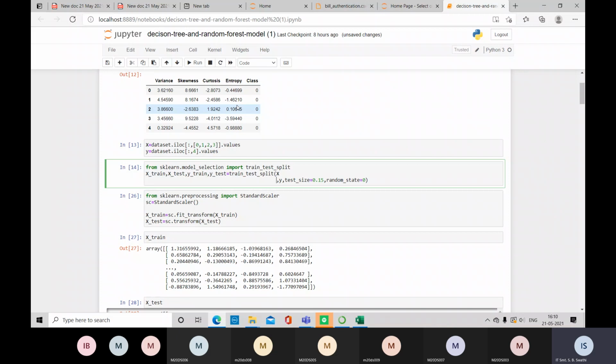Yes, it will try to bring all the features of X to a common pattern. Continuous intervals, yes ma'am. With continuous intervals, the difference between the first number and second number will be constant, and between the second and third number will be constant. All the numbers will have some uniformity, so that the algorithm will work efficiently. So that is the purpose of this standard scaler.